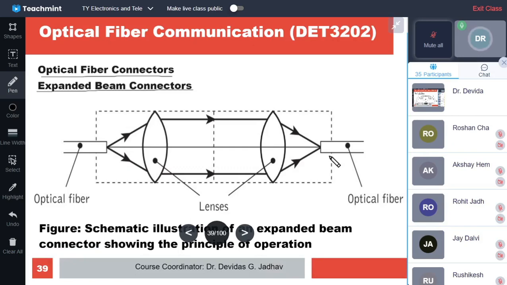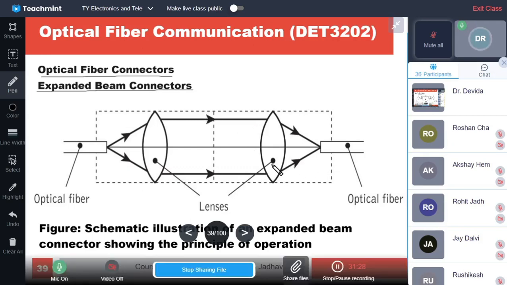A lens also requires a particular distance to be maintained, as a lens has its own focal point, and the focusing of the beam is at a particular distance from the lens. So it depends on the focal point of the lens. Whenever parallel rays fall on the lens, that lens focuses the beam on the focal point of the lens.